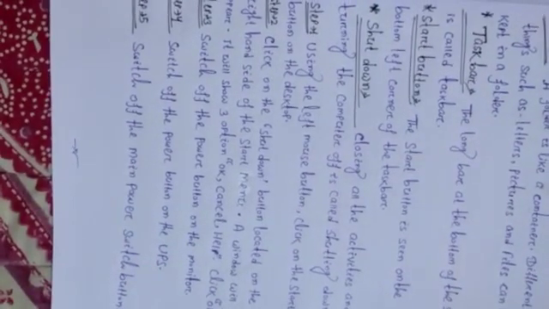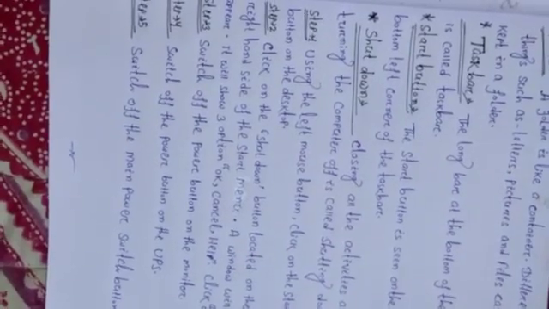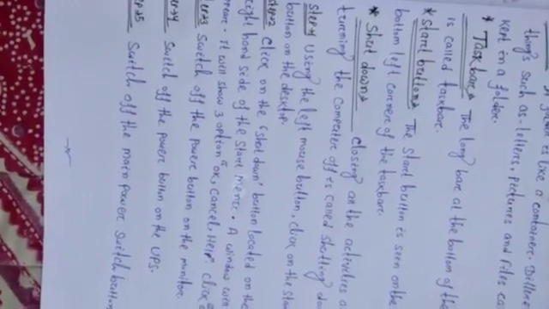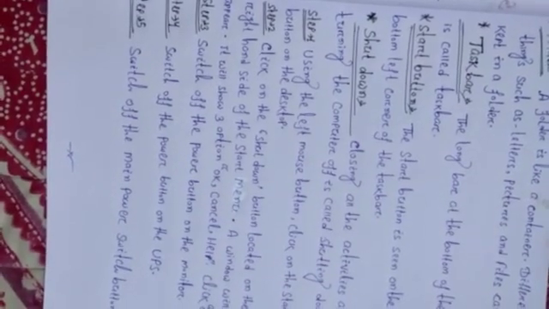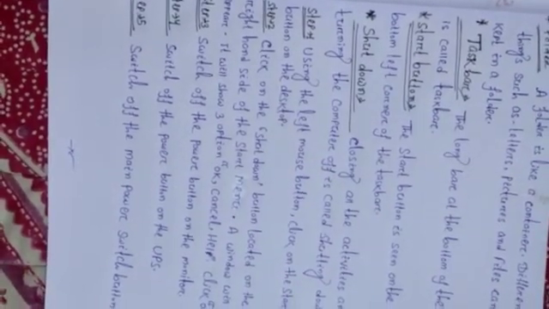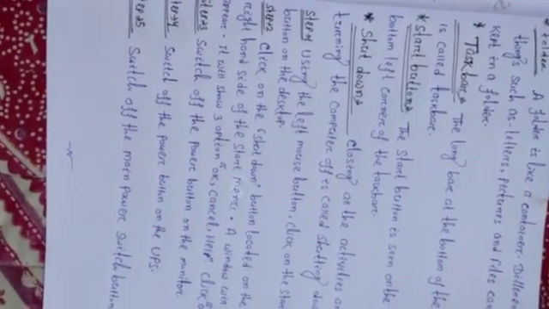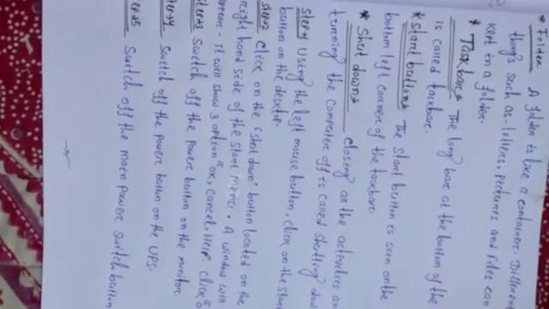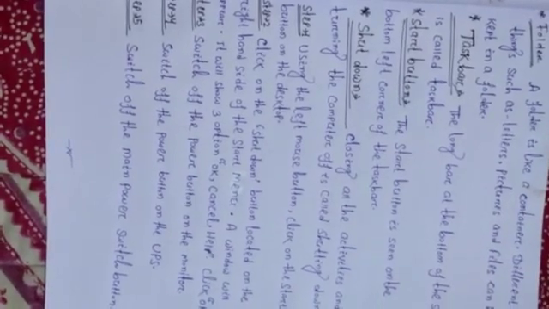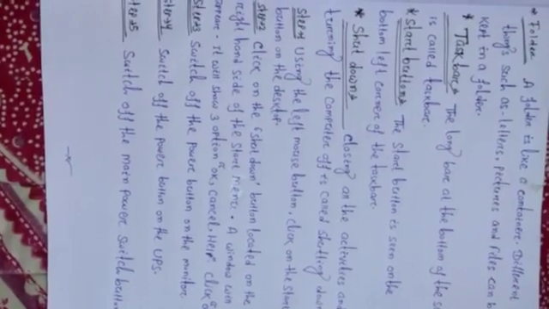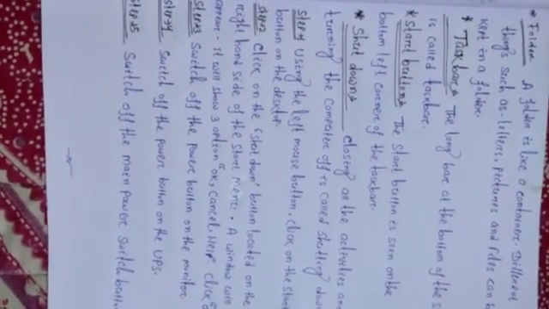Step 3. After clicking on the OK button, the computer will take some time to shut down. A message showing that the computer is shutting down will appear on the screen. After a while, the CPU will turn off. And step 3, switch off the power button on the monitor. Step 4, switch off the power button on the UPS. Step 5, switch off the main power switch button.